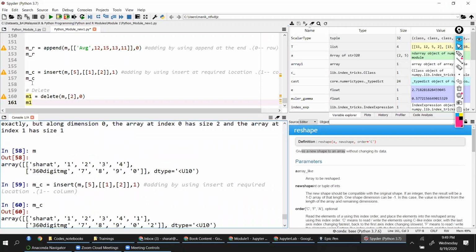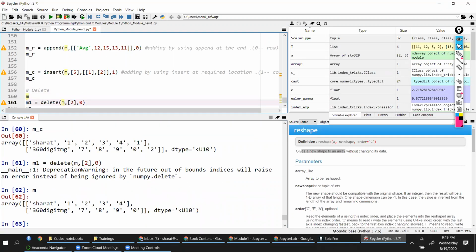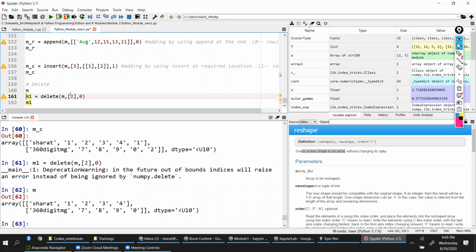Let me execute it. This is my M. And when I do delete M square bracket 2 comma 0, what do you think will happen? Nothing will happen. Because we are giving the index only, right?